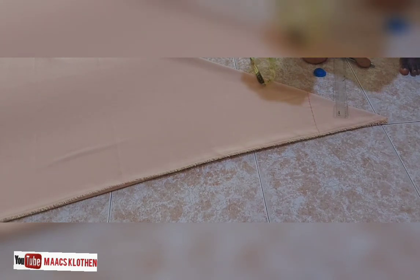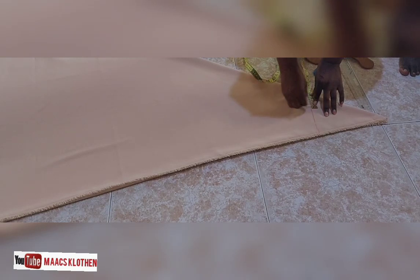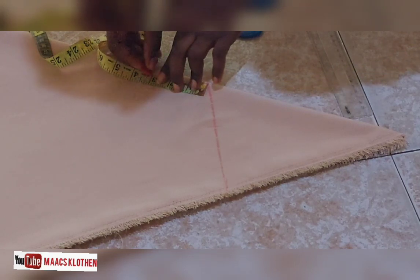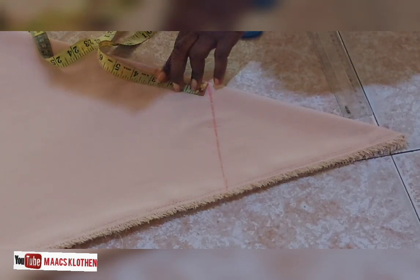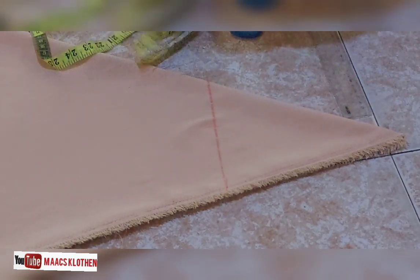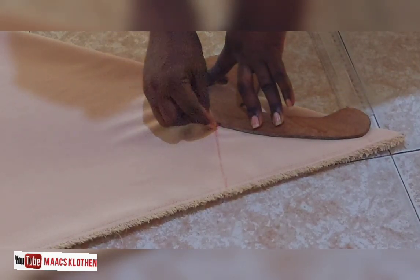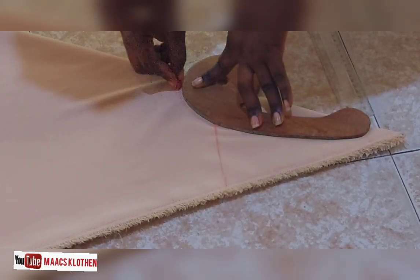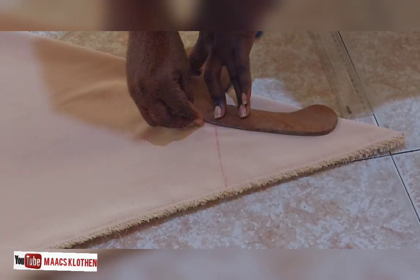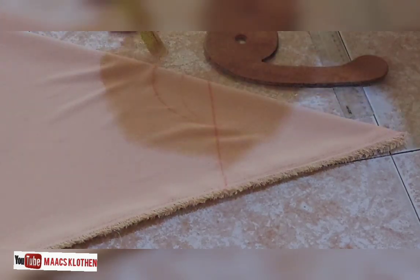Yes, and I'm going to place the neck width of 3 inches, and I'll make a neck dip of 3 inches for the front, and then 1.5 for the back. And so we are going to join the neck back, and then we'll join the front also. Okay, so we are joining the front, and so at the end of the day, when you open up, it's going to be